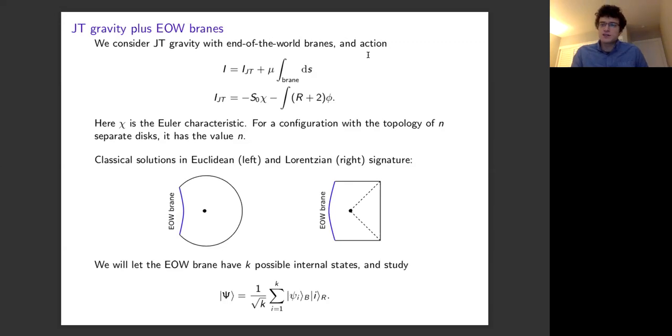So the action for our two-dimensional gravity theory is the following. We have the action of JT gravity. So that's written here. I'll discuss it in a second. And then we add to it an action, which is just the tension of these end-of-the-world branes. So we couple JT gravity